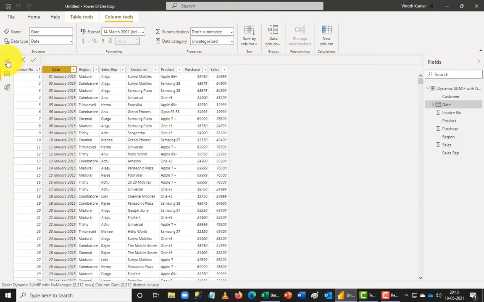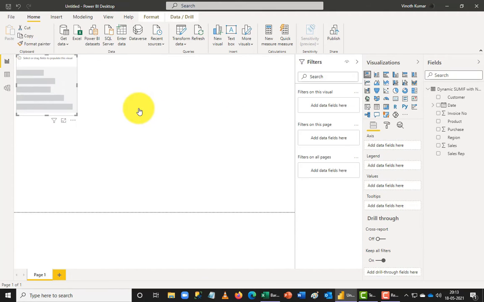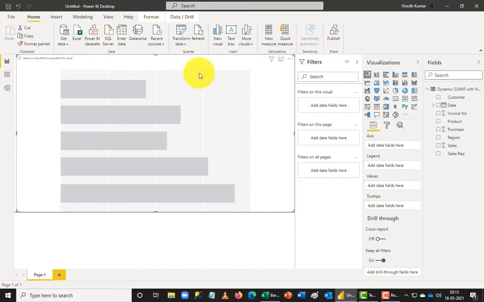I'm going to come back to my visualization screen here, and you can see I have even a component here called model. So these are the 3 dimensions that we are going to use in our list. As I'm going to work with the bar charts, I'm going to start with the first bar chart. The first bar chart that I have here is stacked bar chart. When I click this, you can see how the visualization is going to pop up. You can see a sample or a grayed out background that shows here.